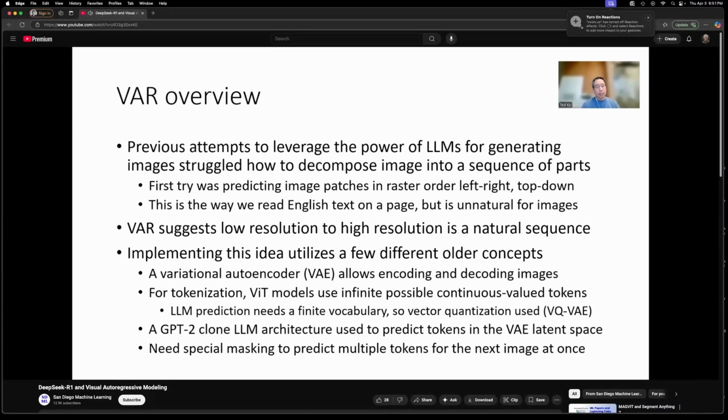So what VAR does is it says that going from low resolution to high resolution is a natural sequence that has a clear ordering. Just like language, English, we read left to right, has a very clear ordering. This is the clear ordering from low res to high res. And it has this nice property that